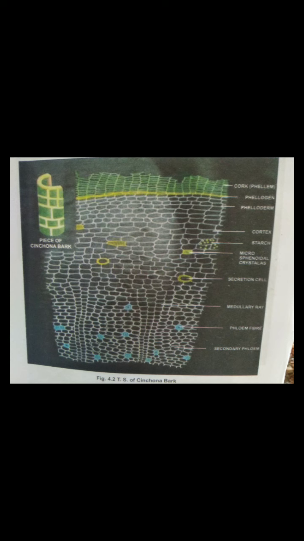Then phloem parenchyma. Phloem parenchyma are thin, with dark reddish brown walls, sometimes with microprisms of calcium oxalate. Then last is the medullary rays, 1 to 3 seriate, extended up to the cortex cells, radially elongated and containing starch grains. Then next are the chemical constituents of cinchona bark. The alkaloids are quinine, quinidine, cinchonine and cinchonidine. These are the chemical constituents.